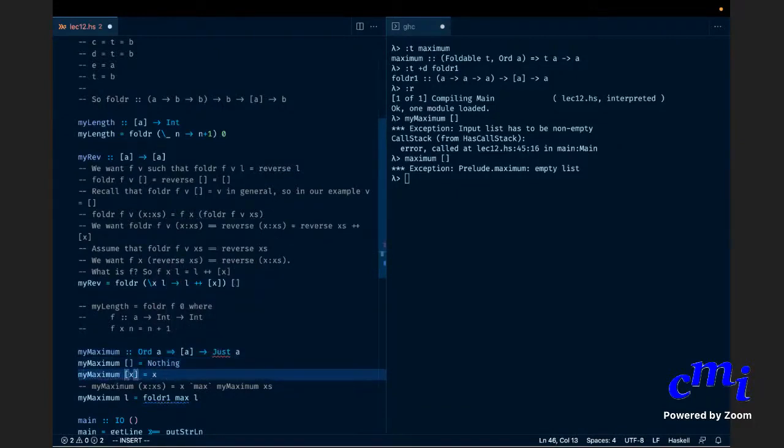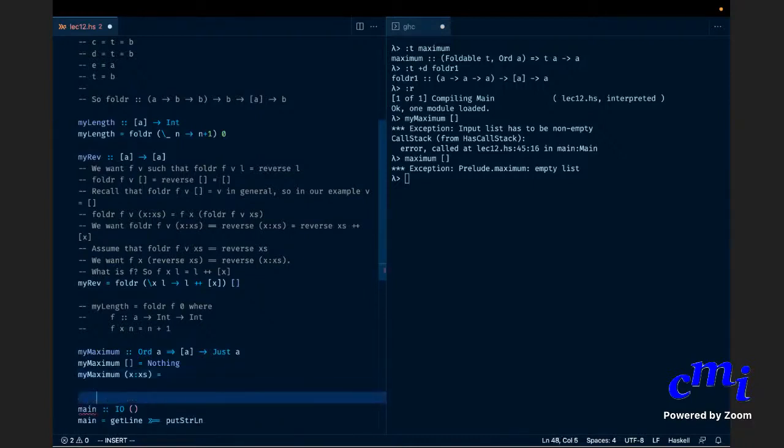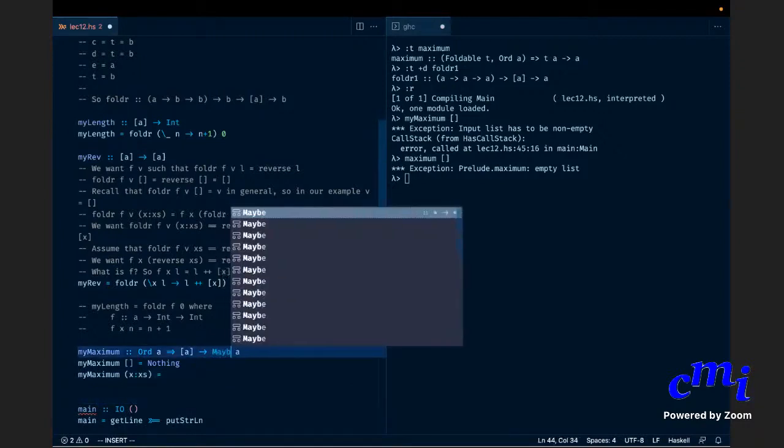My maximum of x. I don't need these many cases. I can just say my maximum of x colon xs is equal to, somebody should give me now. Here it should be maybe a, right?